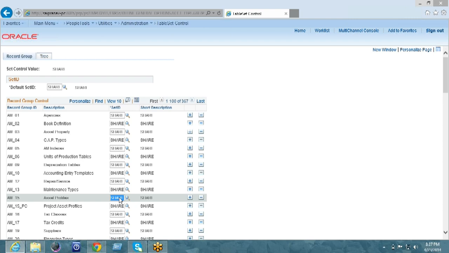So whenever you create the asset profiles, the system will ask you for the SetID. There you give the SetID as Share, or whatever naming convention you want to use. Once you create it there, that data will be stored under that particular SetID. This is the default one that will come up. If I want to specifically use a SetID that is not Share, one you created for a specific entity,